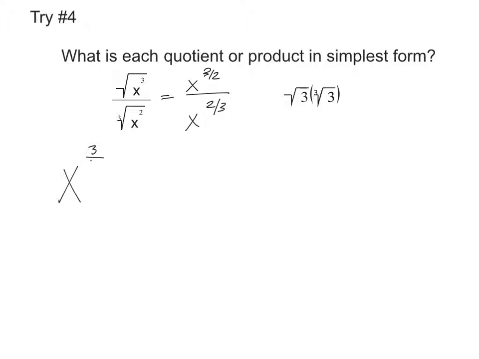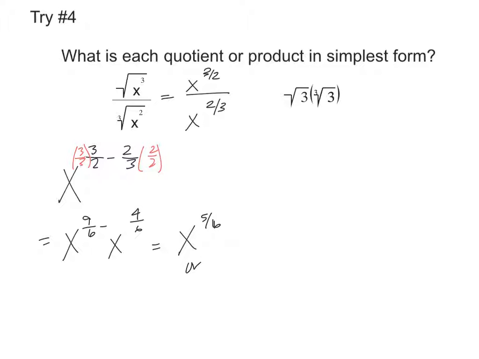So that's 3/2 minus 2/3. They need a common denominator, and that common denominator is going to be 6. So we're going to multiply the first fraction by 3 and the second one by 2. That will give us x to the 9/6 minus 4/6. And once you subtract those, you will get x to the 5/6